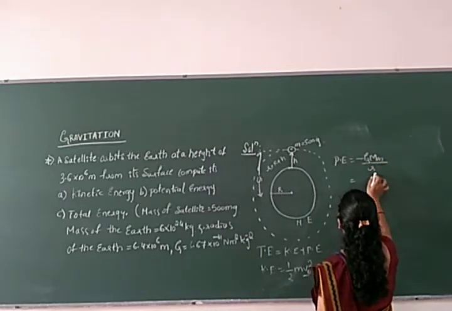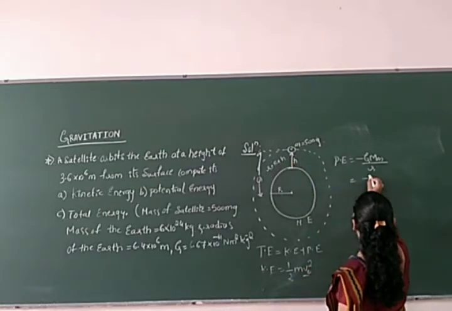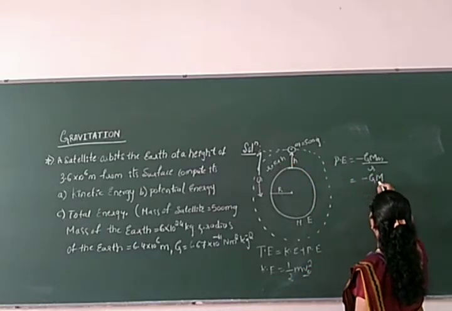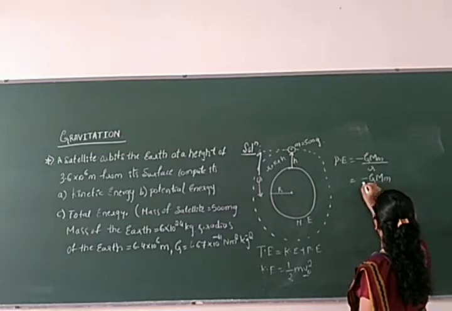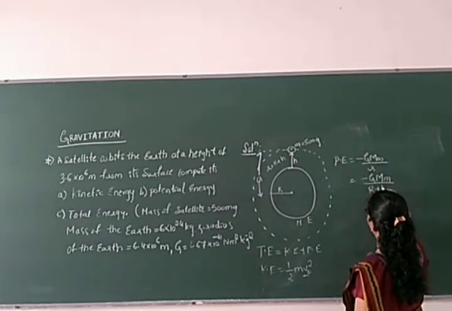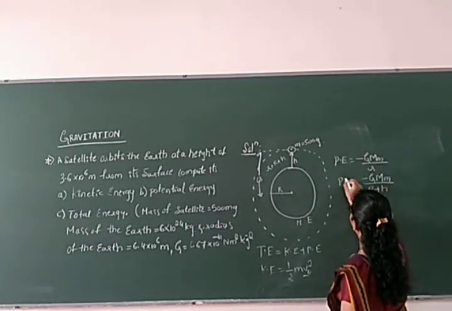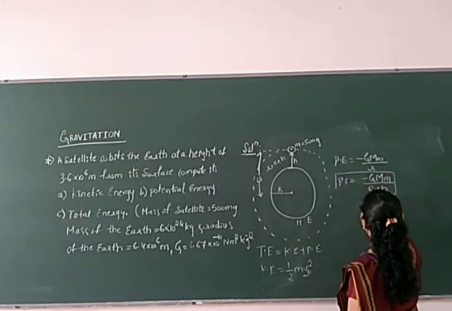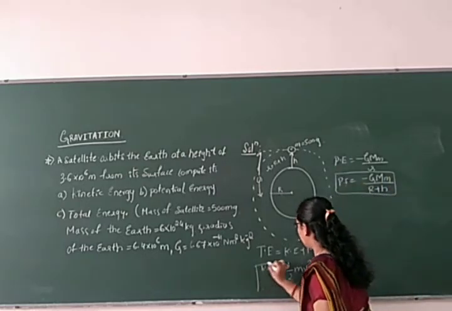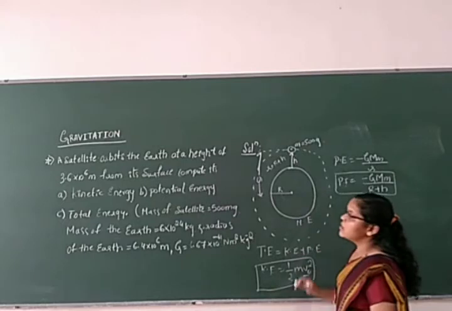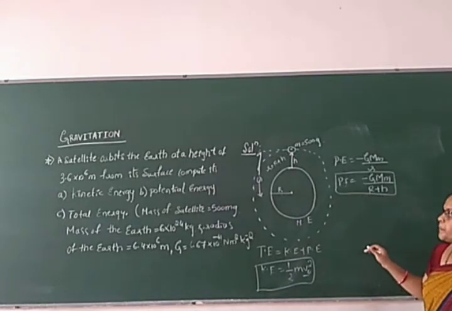So that is nothing but r is what? R plus h here. So capital G m small m by r plus h. So this is the potential energy of the satellite here. Right. So when we got the kinetic energy and the potential energy of the satellite, which is allowing it to